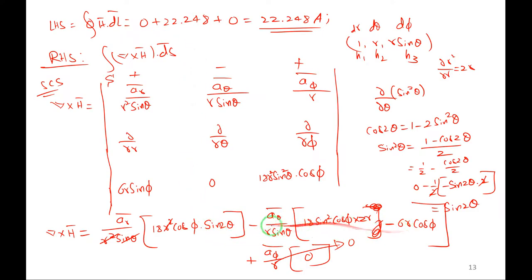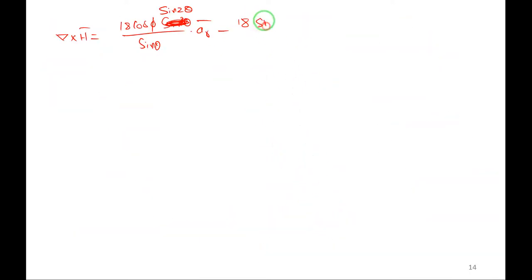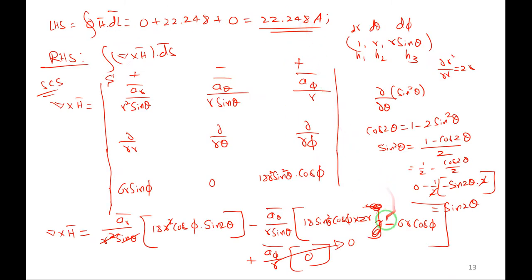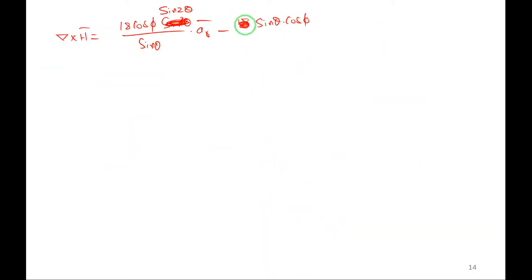Minus, let me expand it and write minus, what is this? Sin square theta, I think, right? 18 sin square theta. Yes, sin square theta, I have missed this. Okay. Sin theta will get cancelled. R will get cancelled. So denominator r sin theta will get cancelled. So let me write it. Minus 18 sin theta cos phi. So r is getting cancelled. So 2 into 18, 18 twos are 36. Let me write it as 36.